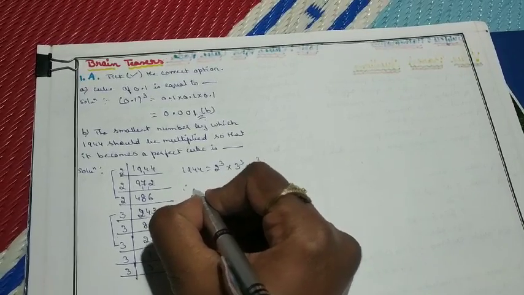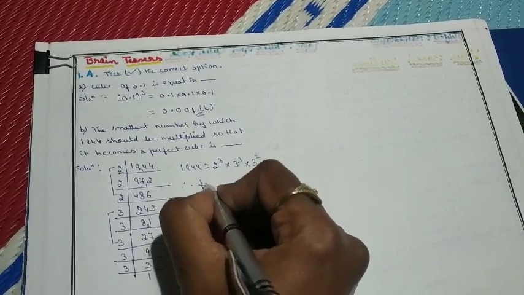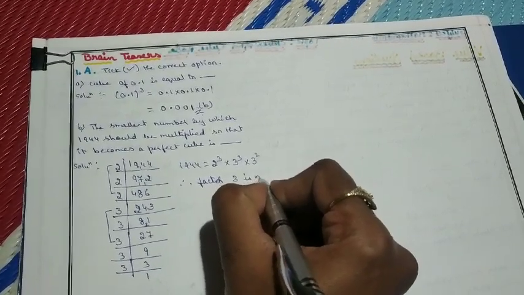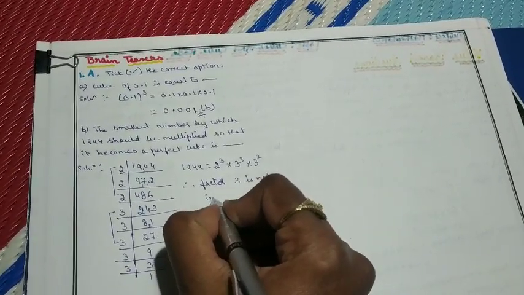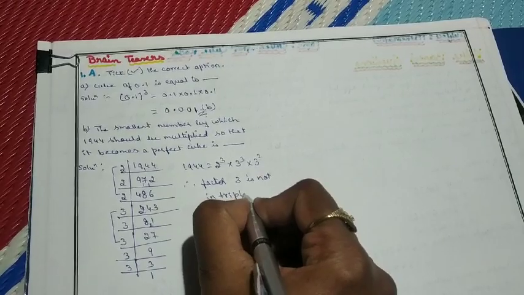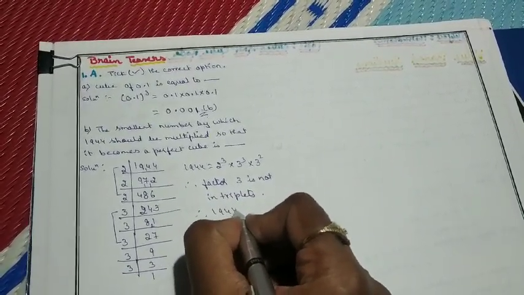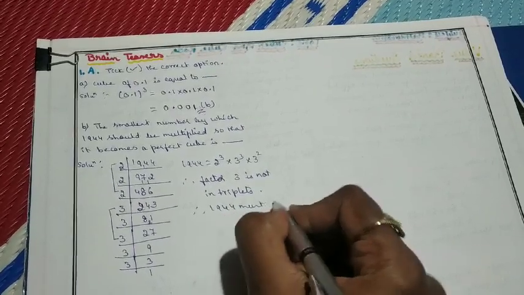Therefore, factor 3 is not in triplets. Therefore, 1944 must be multiplied by